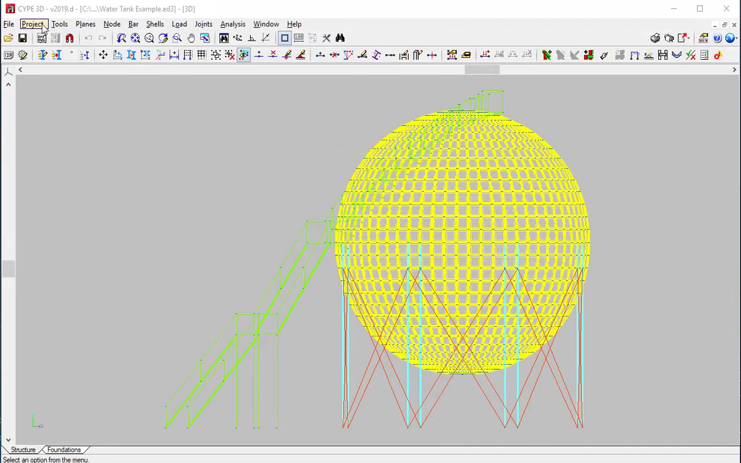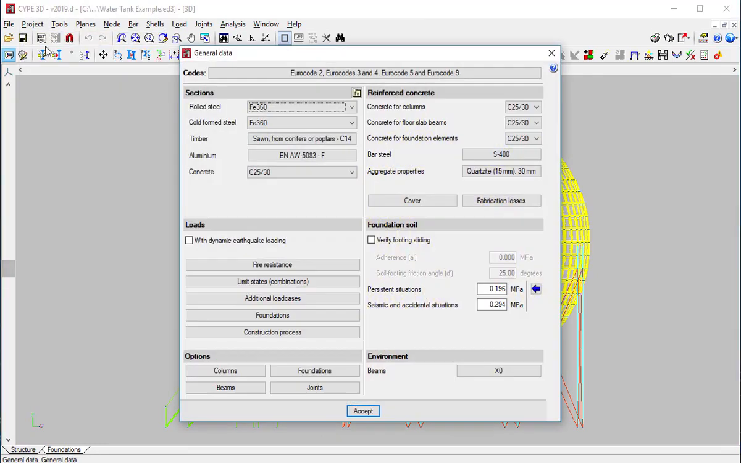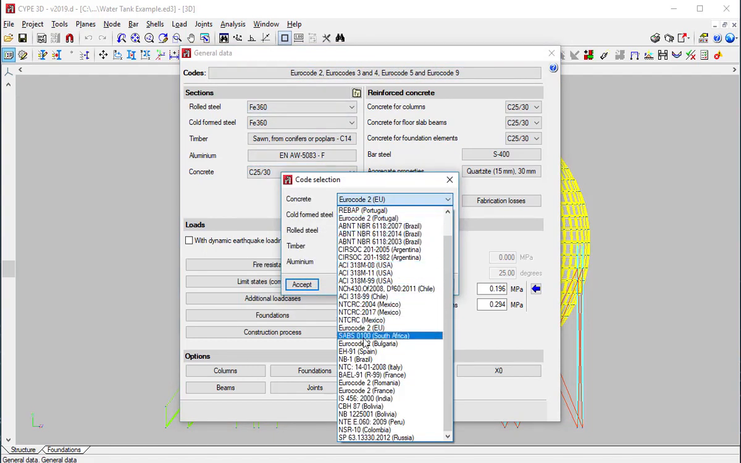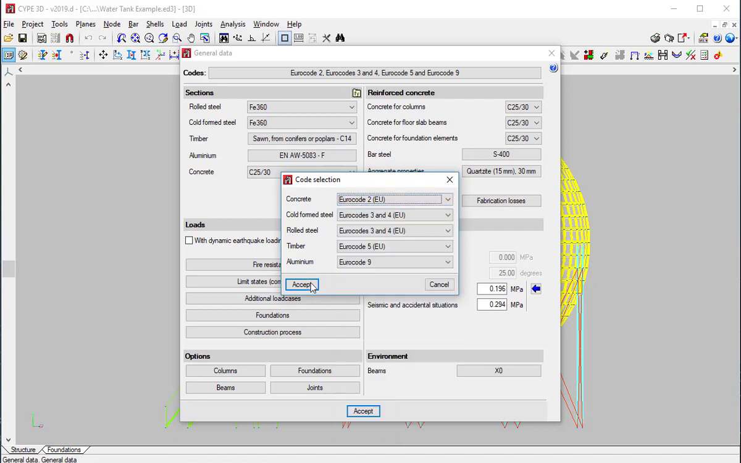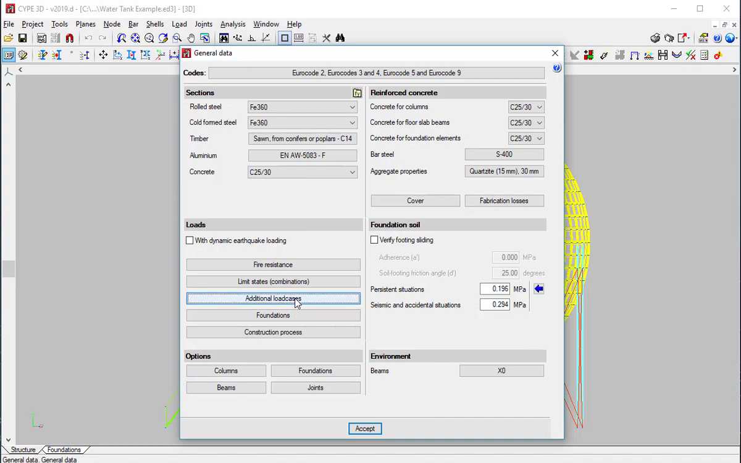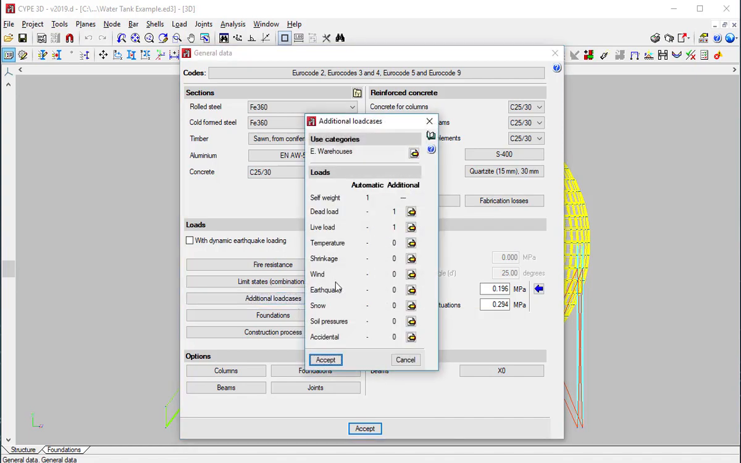In the Project tab, the general data contains options which allow users to define the parameters of the project, including the specific types of materials for each section and its appropriate building codes, where there's a variety to choose from. Here, the user can also define the load cases that will be acting on the structure, such as wind, snow,